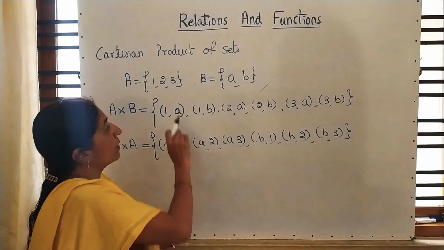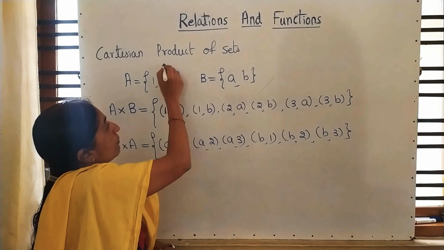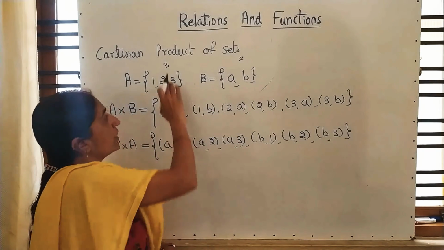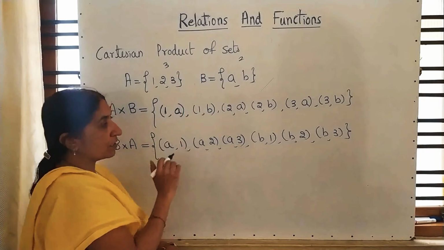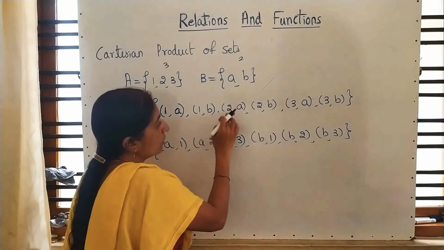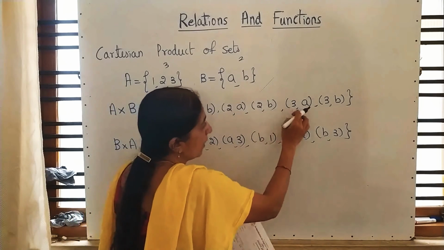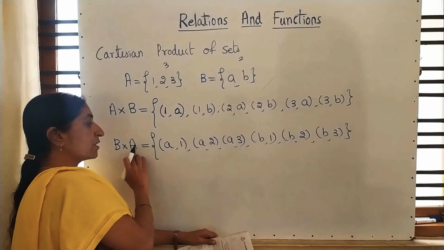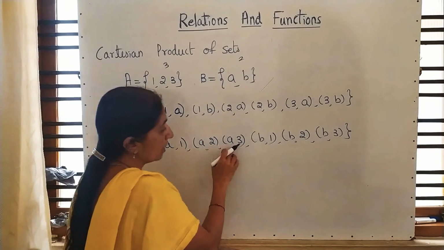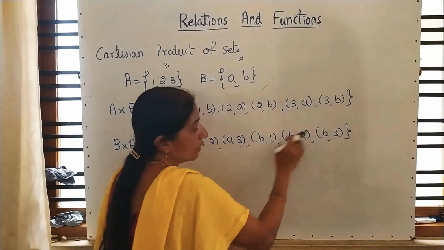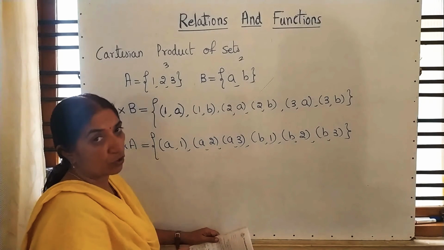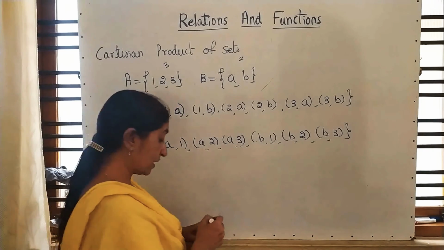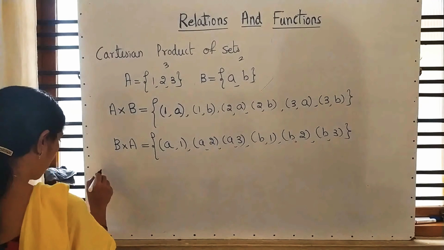That is one property. Next, here how many elements do we have? Here we have 3 elements. Here we have 2 elements. So when you multiply these two, 6. See, 1, 2, 3, 4, 5, 6. If you come here, B and A, B contains 2, A contains 3. 1, 2, 3, 4, 5, 6. They also have 6 elements, correct or not? So like this, the example itself gives you indirectly some hints. See, now I am moving to the definition.